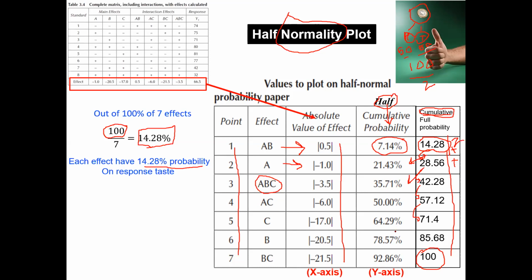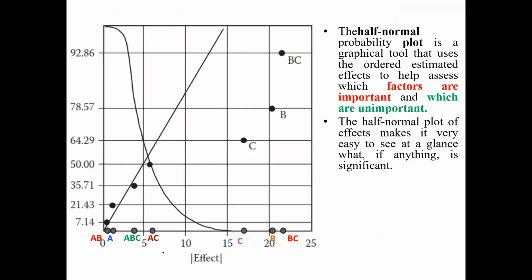So this is the calculation we are doing, once again to recall, to segregate the influential and non-influential, or significant and not significant, factors. To do that, you plot a graph between the absolute value of effect versus the half normality or cumulative probability, whatever you got. That is the x-axis and y-axis in a graph. So you will get a graph like this. This is the x-axis, all the effects.